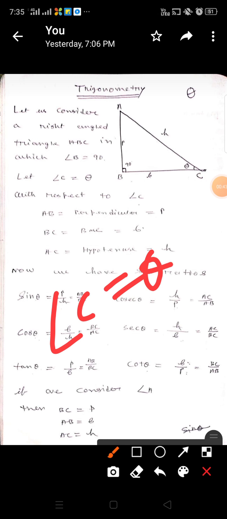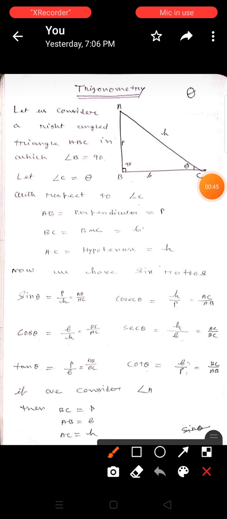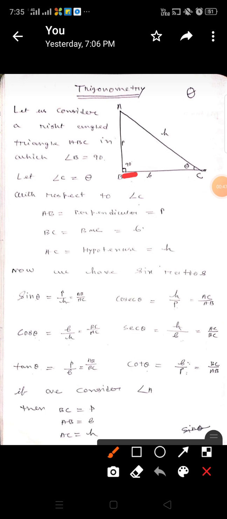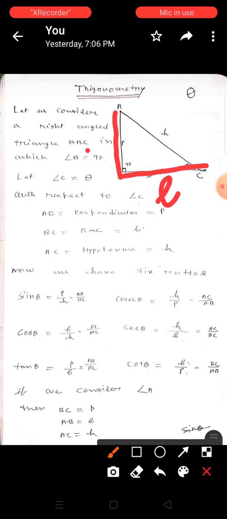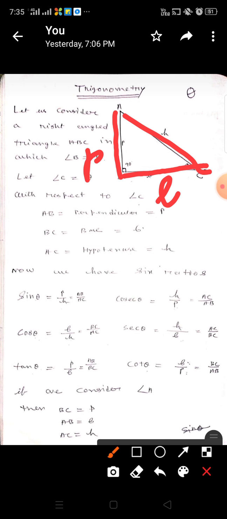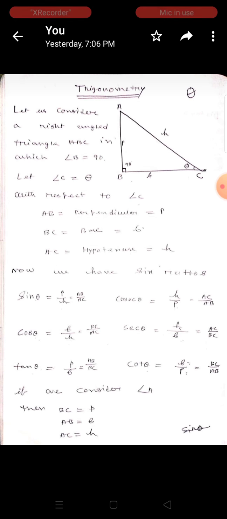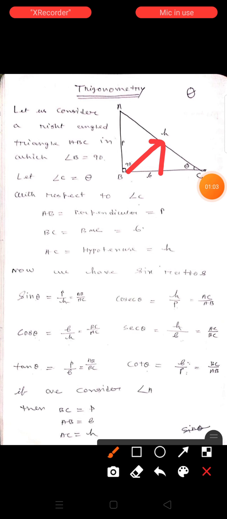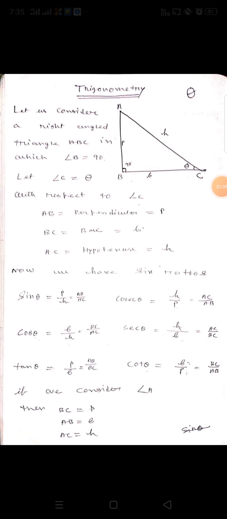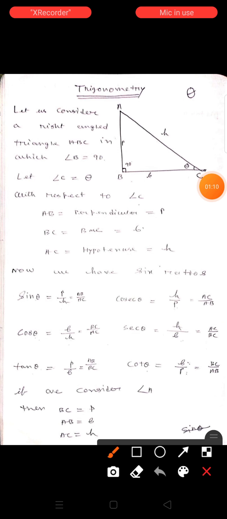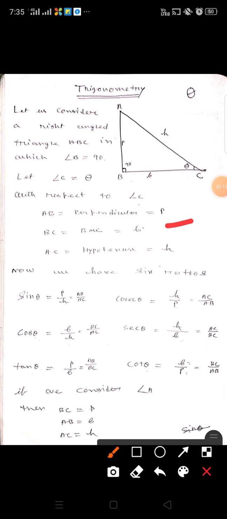Now with respect to angle C, BC is called base, AB is called perpendicular, and AC is hypotenuse. Hypotenuse is always opposite to right angle. The side which is opposite to right angle is always hypotenuse. So with respect to angle C, AB is perpendicular P, BC is base B, AC is